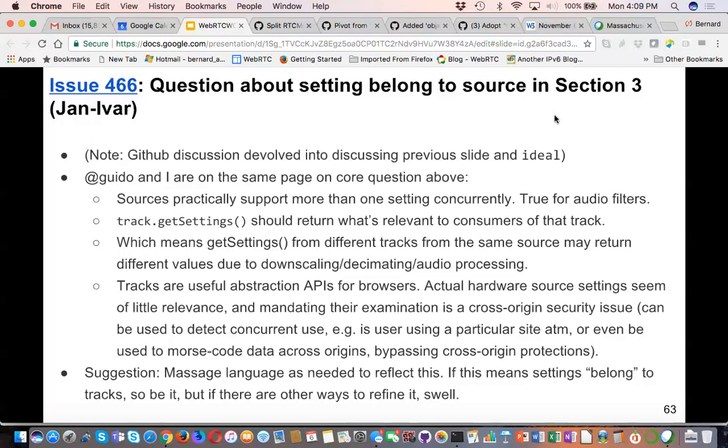Suddenly at this point, you might want to... I agree with your point that settings belong to tracks. I'm on board with that. But suddenly, in deciding how to manage that device, you might want to look at the settings that were happening on all the different tracks using it. I share your concern a little bit. It sounds like the way it was designed is that a track is an API of the source, your way to access the source.